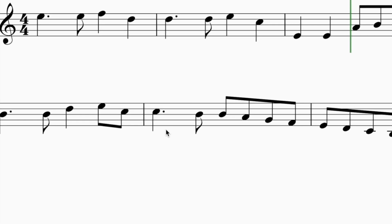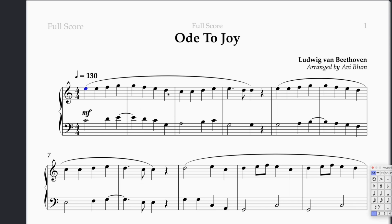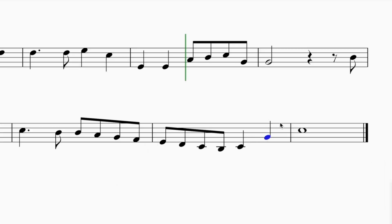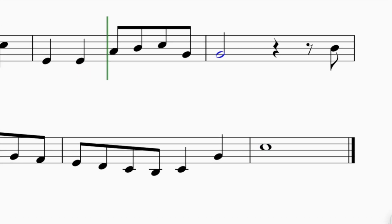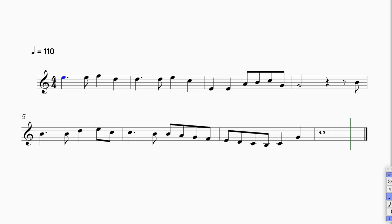But now we drop the motive, we liquidate the motive and do what Beethoven does over here. Just a straight descending line down a scale. We're doing that same thing here, but doing it twice before liquidating right up to our octave. Let's hear that back in its entirety. Boom, there you go. That is how you can write a melody